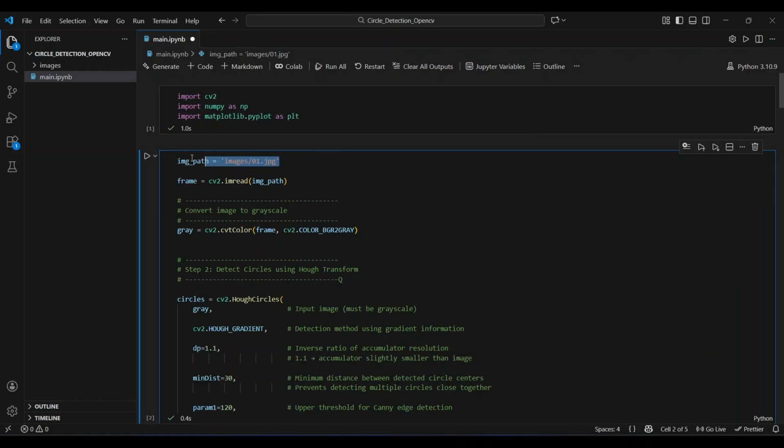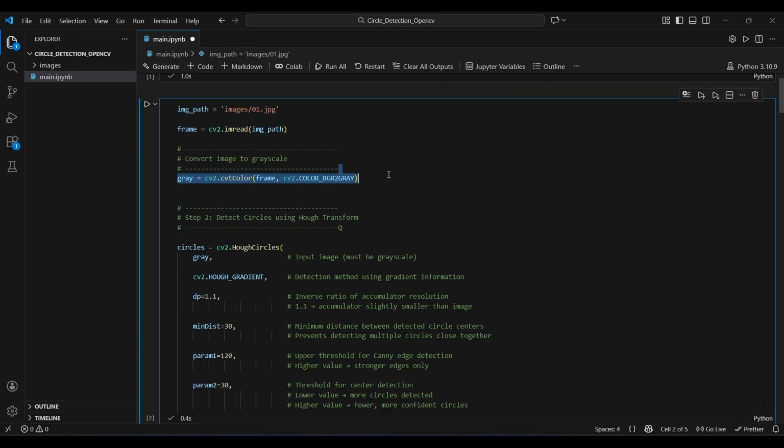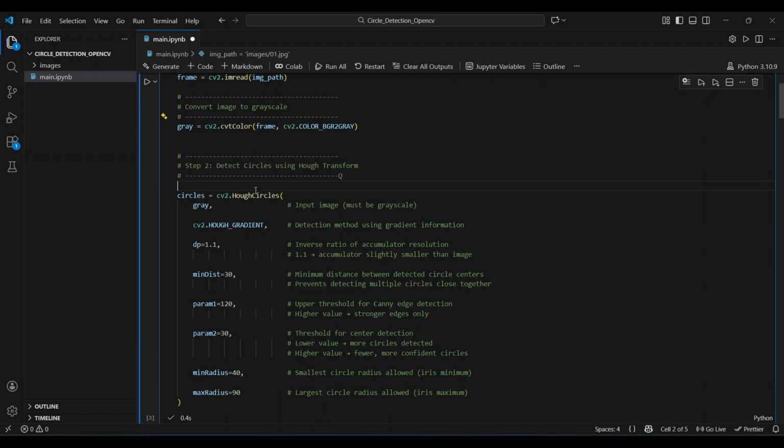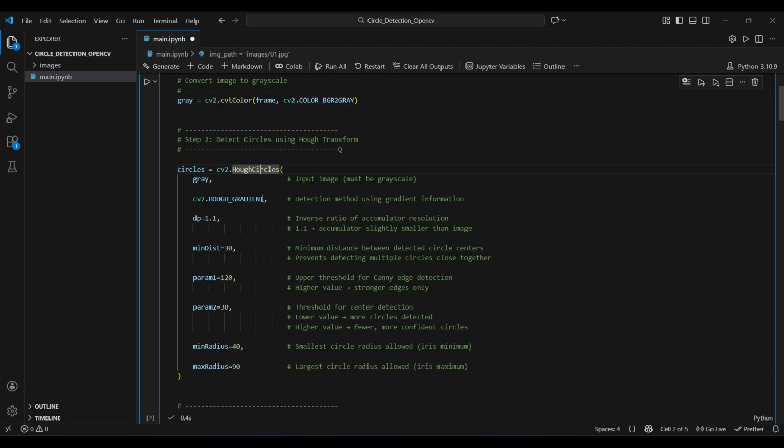So this is an image. We read the image. These are the package libraries. After reading it, we convert that image into grayscale. This is a function which is used to detect the circles in the image. Here we have to pass the grayscale image, and this is your detection method using gradient